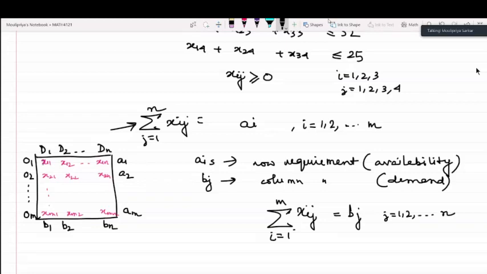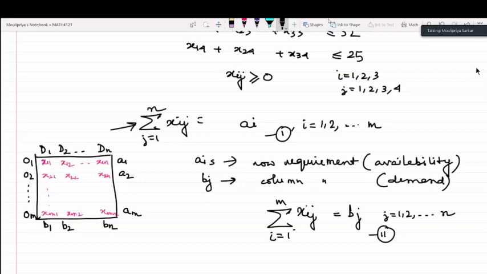Just the ideal case, where the origins are able to produce the total supply, that is A1, A2, and so on, and for the destinations, the summation is equal to the total demand, that is B1, B2 up to Bn. Is equation 1 and equation number 2 okay with everybody? Yes, ma'am.